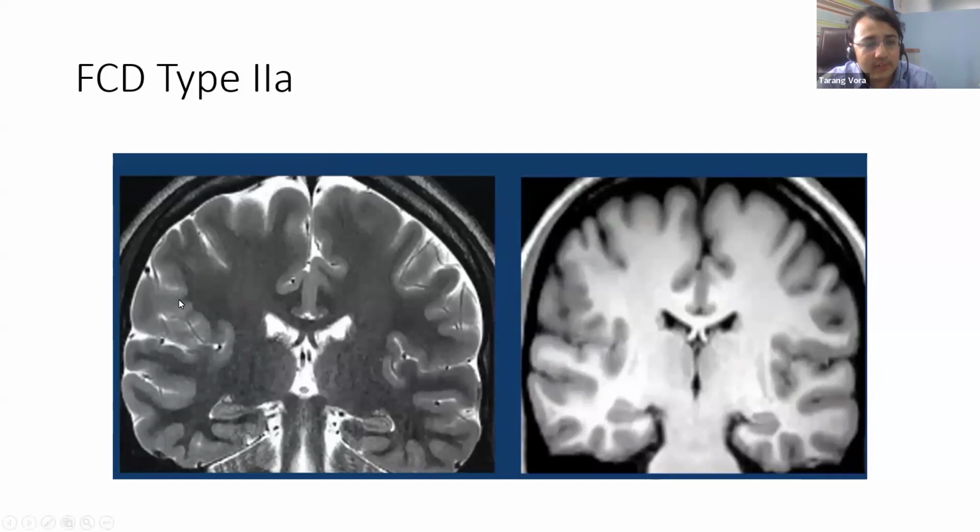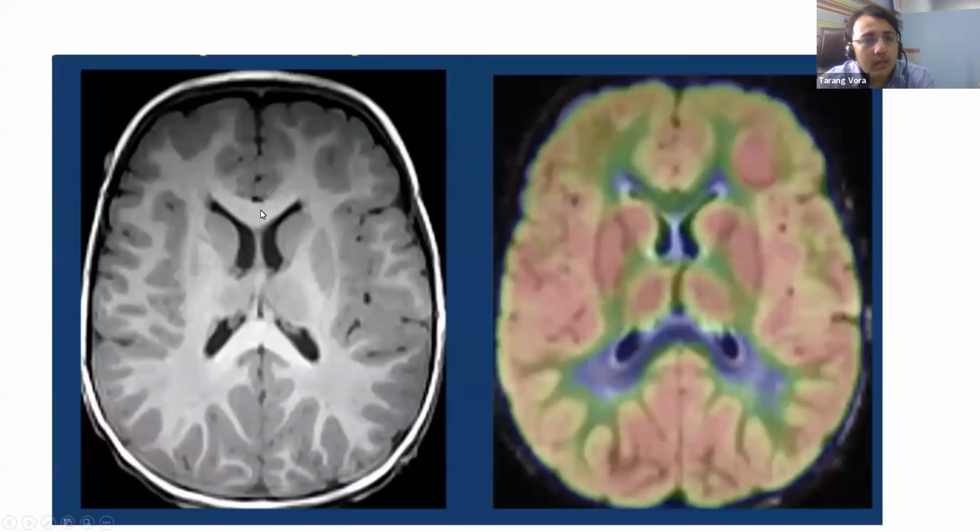You will understand it on gross examination. The MRI looks pretty normal, and it's not like you will see a tumor or something. But if you're looking over here, I don't know if my arrow is visible on the sharing screen or not, but there is a lot of gray matter over here, and there is not an equivalent amount of gray matter on the contralateral side, and this is what is FCD type 2B over here. 2A, sorry.